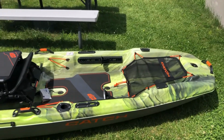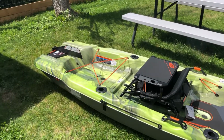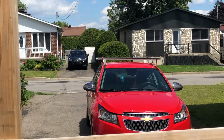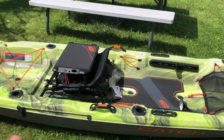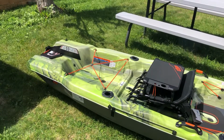So summertime guys, this is my time to go out and fish, to go out and have some fun. And yeah, I need an option to be able to put on top of my car. You can see the roof rack right there. So yeah, I need something to be able to put on there. So this is 63 pounds, so it's not that heavy. So my best option, to be honest guys,